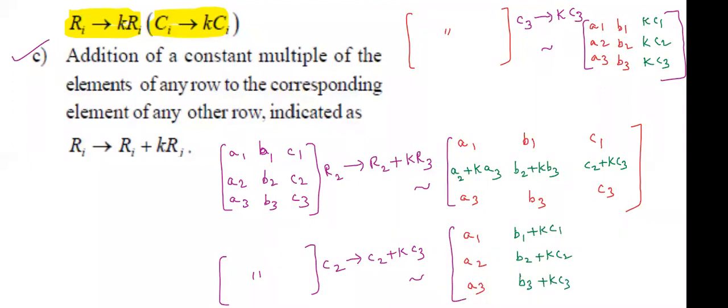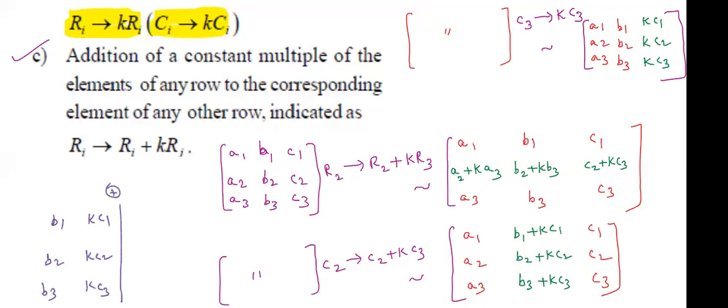We can add like this. So the third one, C1, C2, C3, the third one is the same. If you have a doubt, write here. What is the C2 column? B1, B2, B3. And the third column multiplied with K: KC1, KC2, KC3. So these are columns. We can add like this. Add B1 plus KC1. Here B2 plus KC2. Students, have you understood? B3 plus KC3.